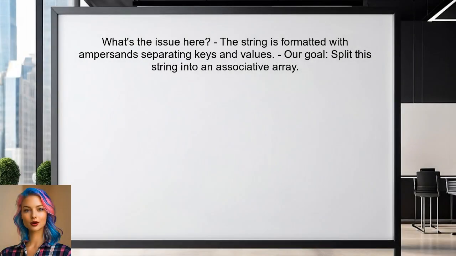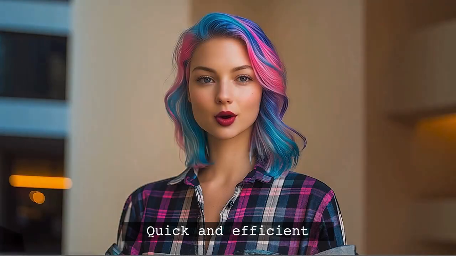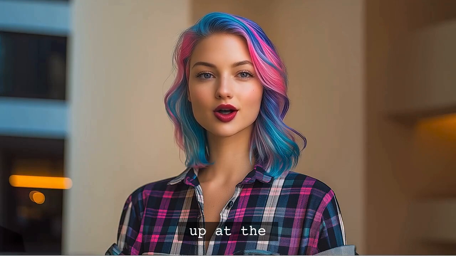So what's the issue here? The string is formatted with ampersands separating the keys and values. Our goal is to split this string into an associative array where each key corresponds to a value. Let's break it down step by step. And stick around. I have a quick and efficient PHP function to share at the end that will make this